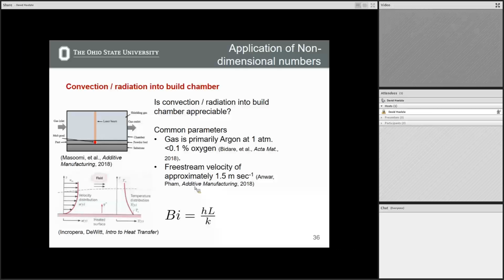Okay, so first the convection problem. We did an example of this with air, just to use a simple fluid that everyone's very familiar with. Air is great. But these chambers are usually argon or nitrogen as the surrounding fluid. And as I mentioned before, in these processes you have gas flowing across this top surface. So here's your part being built, here's your melt pool, laser, you have a cross stream of gas going from